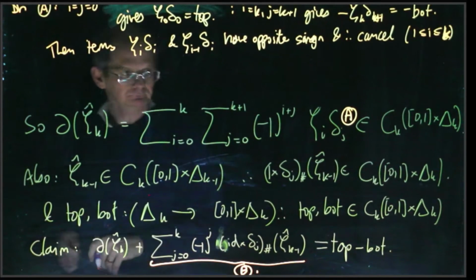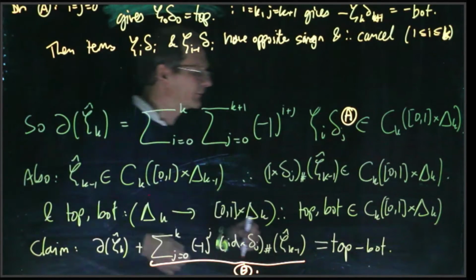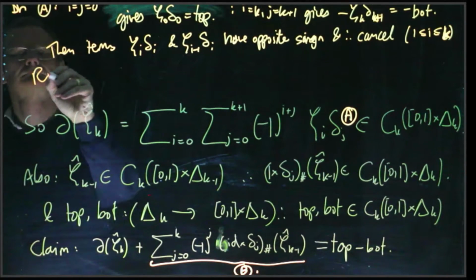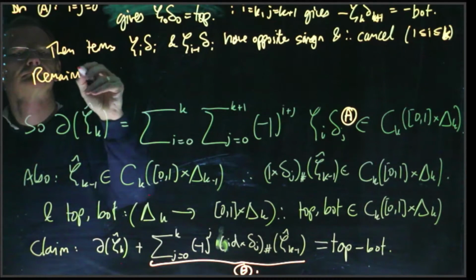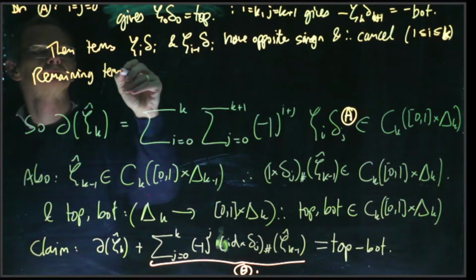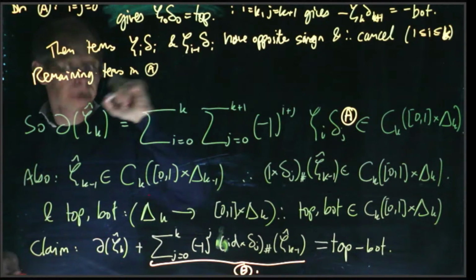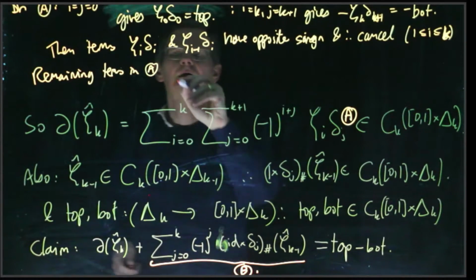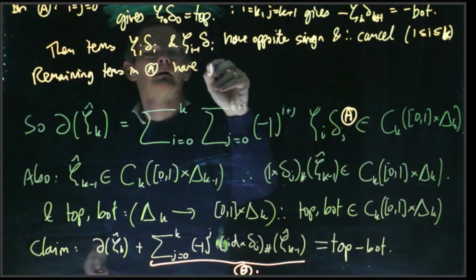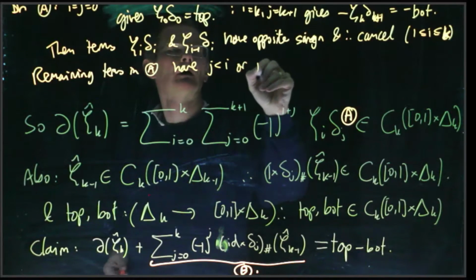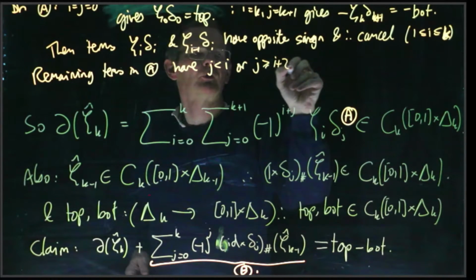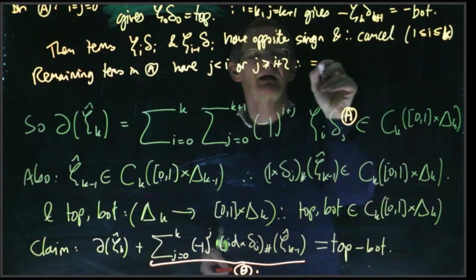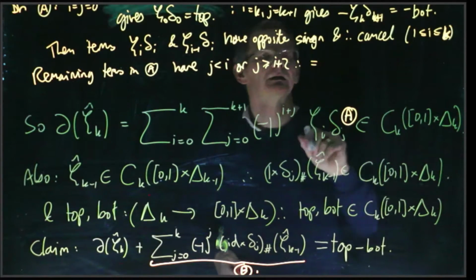Again, from the results in the last video, the remaining terms in A are those that have j less than i or j at least i plus 2, and therefore they match up with